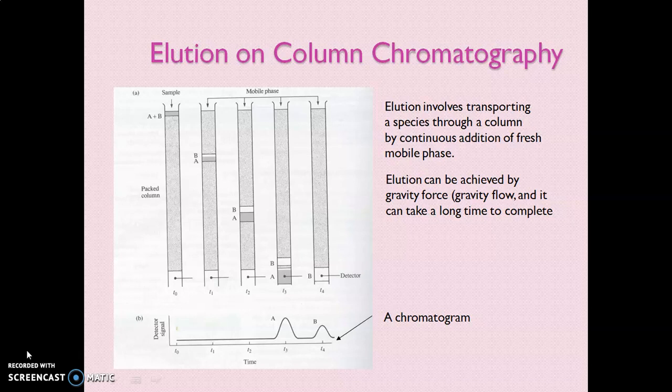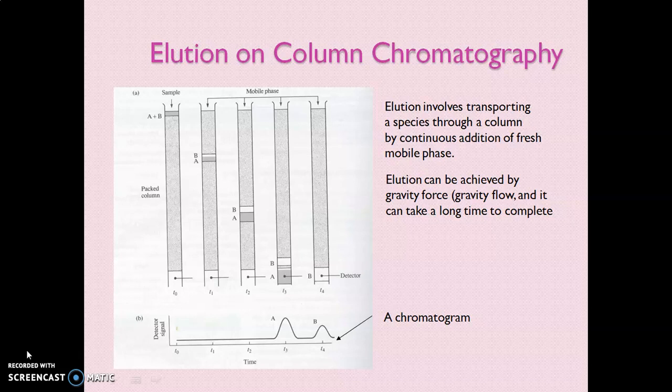HPLC works following the basic principle of TLC or column chromatography, where it has the stationary phase, which is solid like silica gel, and the mobile phase, which can be liquid or gas. The mobile phase flows through the stationary phase and carries the components of the mixture with it. Different components travel at different rates. Thus, the components get separated and are found in different regions in chromatography for separation, identification, and quantification.